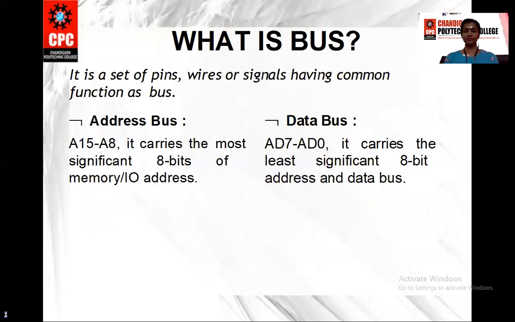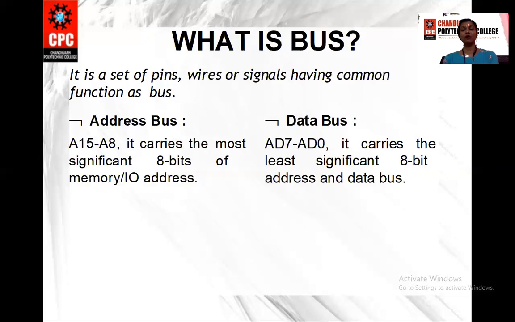Right? Here it is. Whatever I said in this last slide is mentioned over here. Address bus and data bus. Address bus will contain the address from A8 to A15, and data bus will contain AD0 to AD7. That means address or data. It can have address or it can have data. How will you differentiate between address and data in this? How will you get to know if the bus contains address or data?